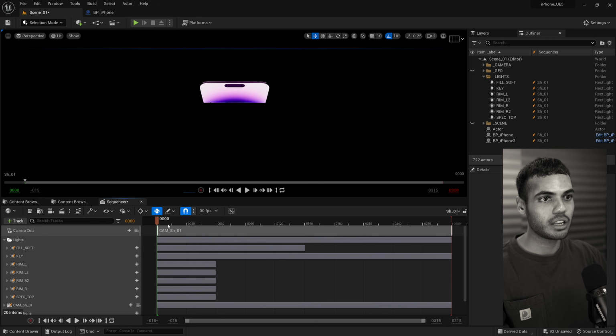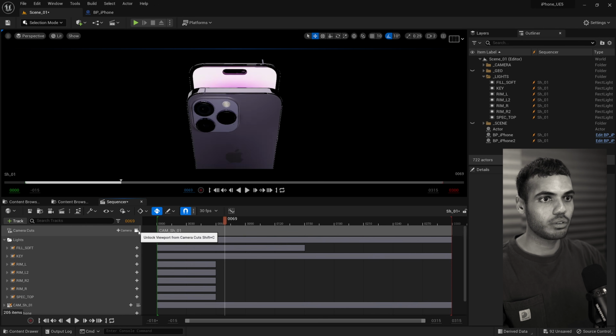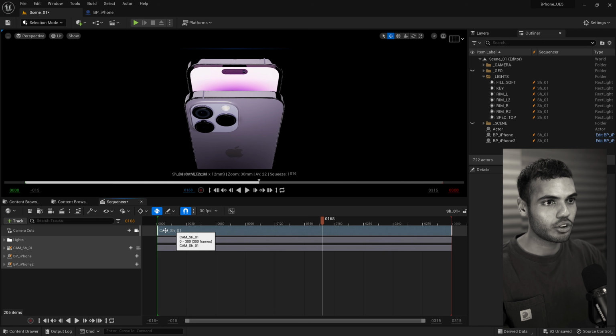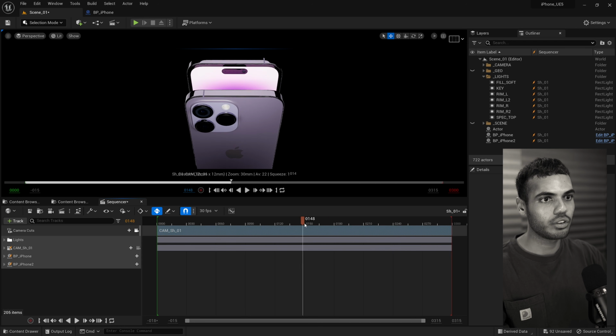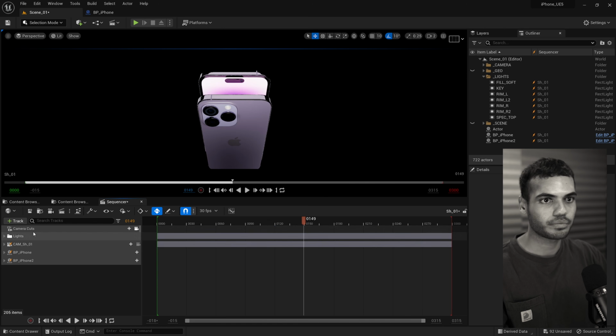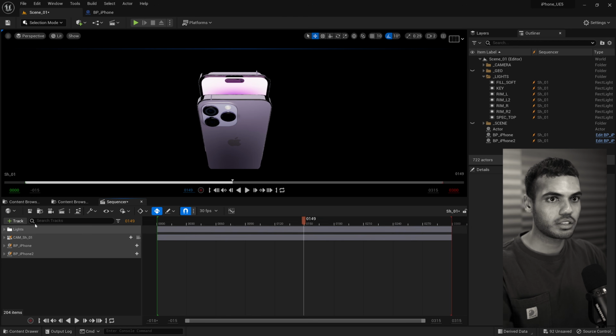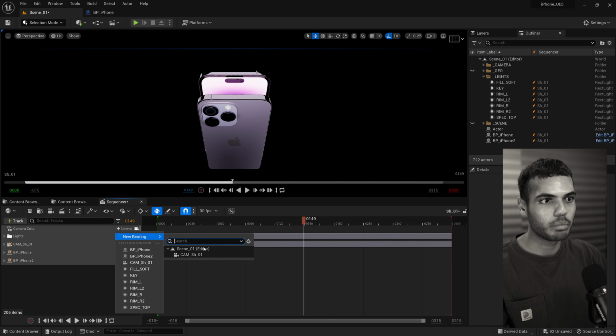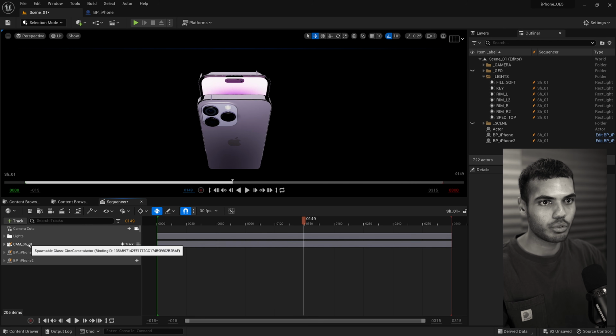So I'll jump back in. Let me actually give an overview of what I've done here. Also, another tip, if you have a camera cut track, but you don't have any camera showing up here, all you got to do is, if I delete this and delete this, just go to track, camera cut track, camera, new binding, cam shot 01, which is this guy here.